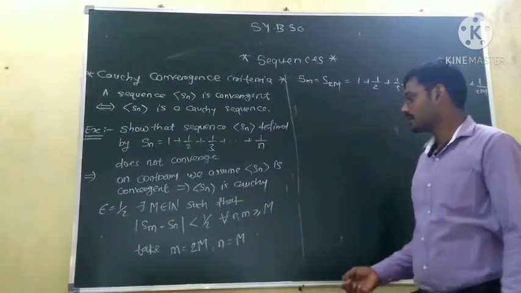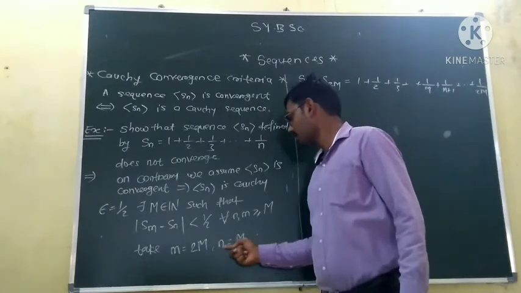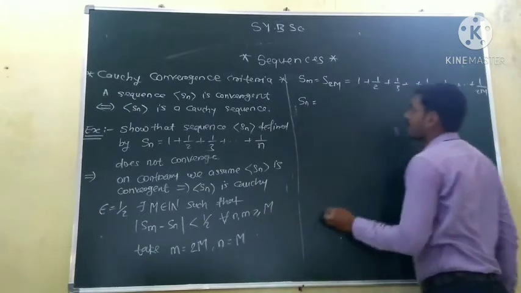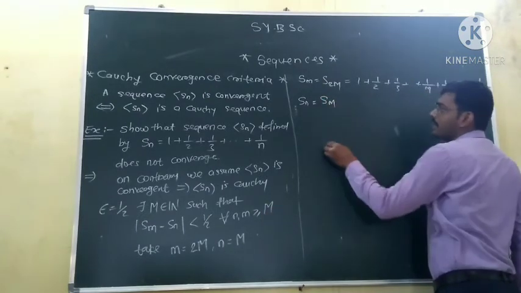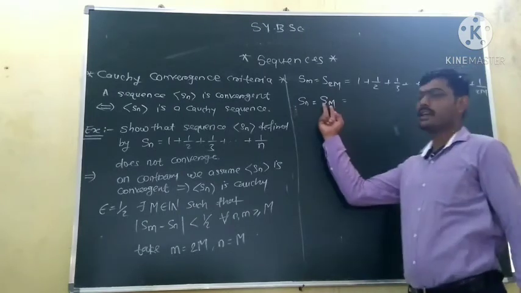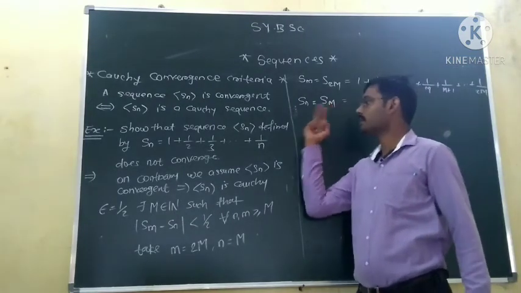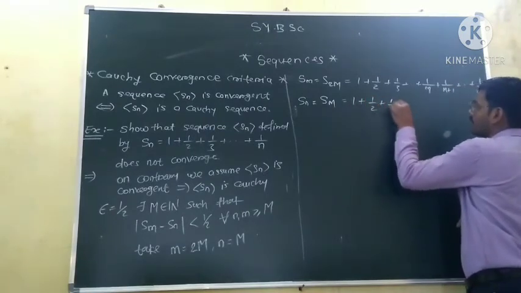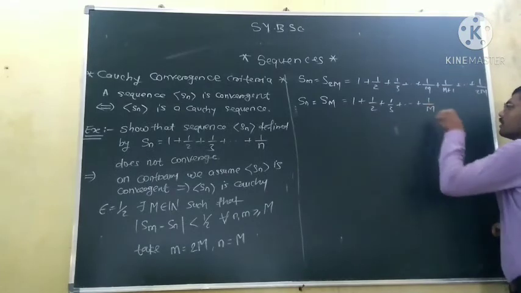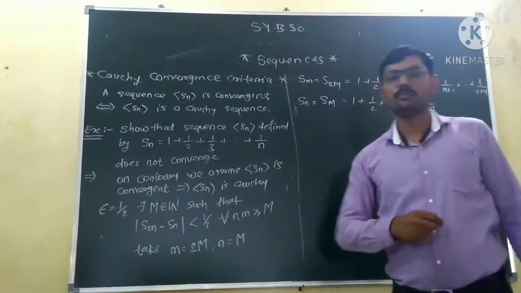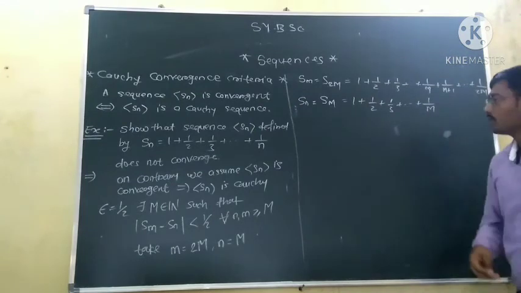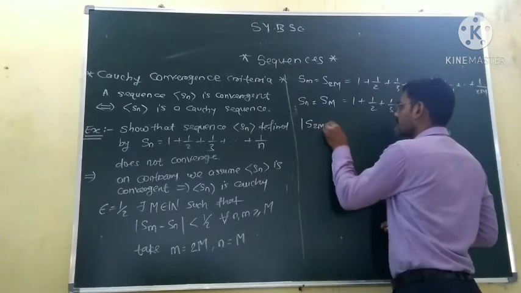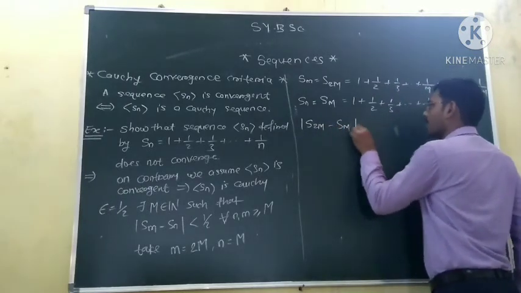Okay. And this term Sn, where we are taking n equal to capital M, will be equal to Sm, and this Sm will be the sum of m terms. Okay, and Sm will be equal to 1 plus 1 by 2 plus 1 by 3 up to 1 upon m, the sum of the reciprocals of the first m terms. Okay, so the difference S2m minus Sm will be equal to